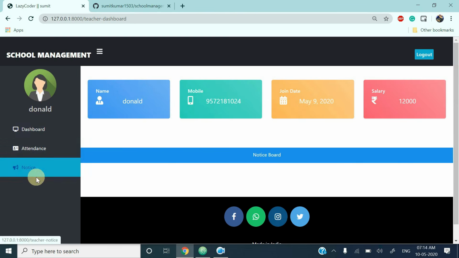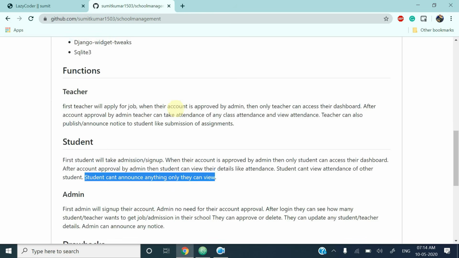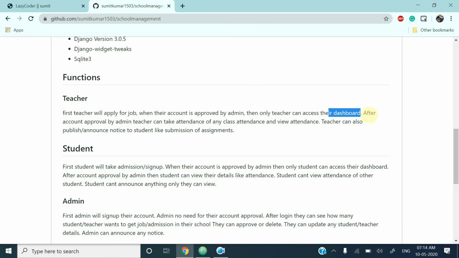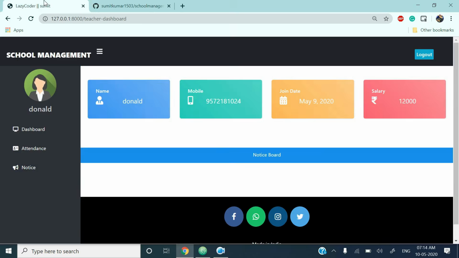Here attendance and notice, you can see that. Here you can see the functionality of teacher. After the account approval by admin, teacher can take attendance of any student of any class. Teacher can also publish or announce notice to a student.